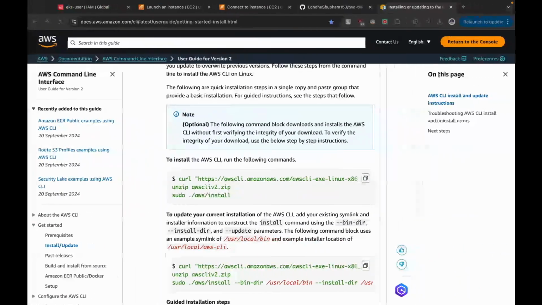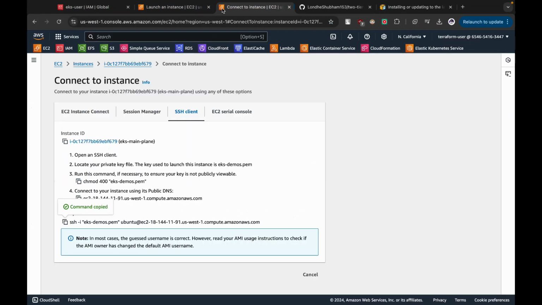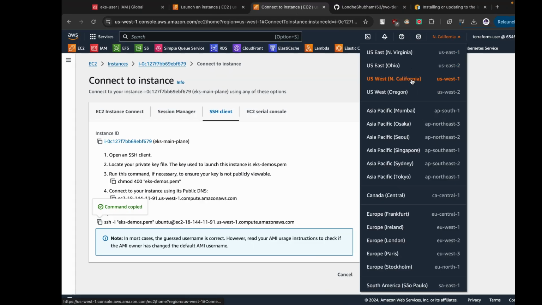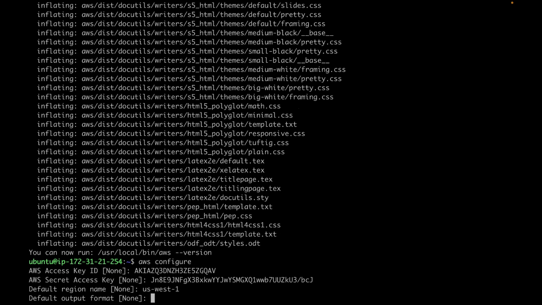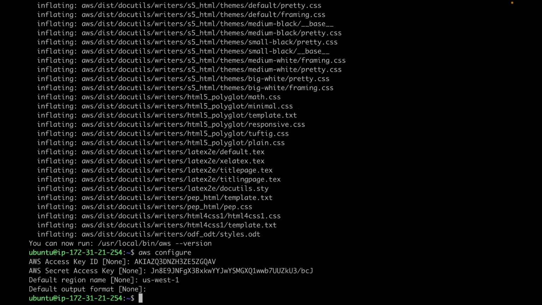Done. Default region name. So we are on region US East, US West one, right? That is in California. So I'll just write us-west-1. Done. And default output format, that will be none. And we are done. Now, in order to test whether AWS configure actually worked or not, we are going to